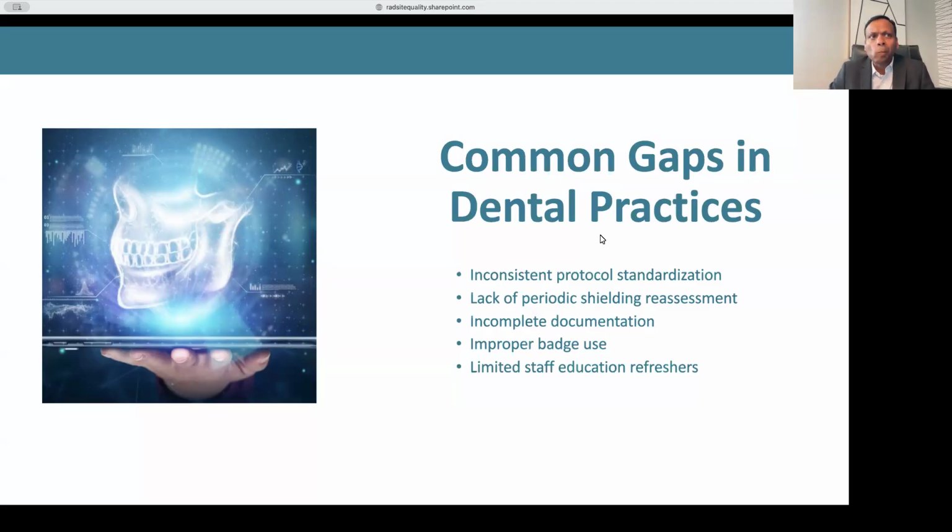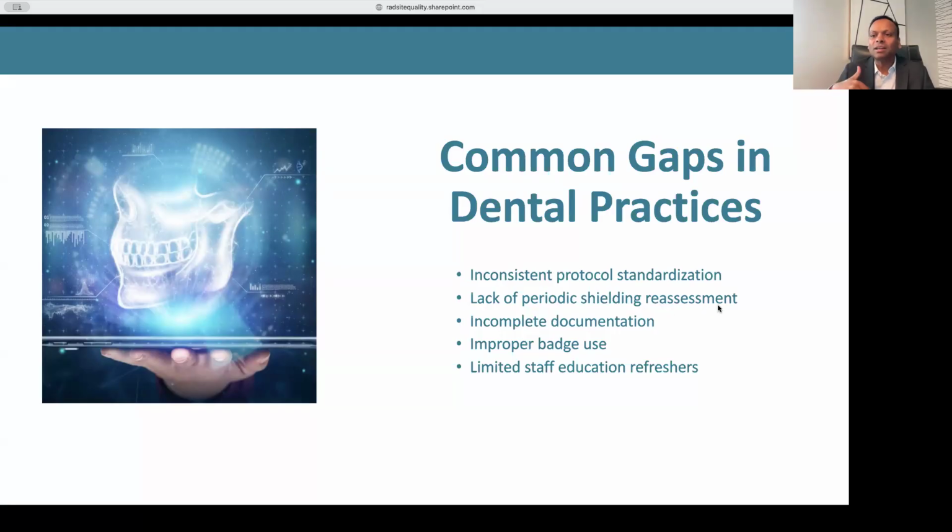So yeah, there is no one size fits all. One site or maybe more sites will have the same findings as the others, but that does not mean that's the only main gap we identify in dental practices. It could be anything, like inconsistent protocol standardization, as we talked about. And an important aspect we didn't talk about much in the earlier stages was lack of periodic shielding reassessment. What I mean by that is